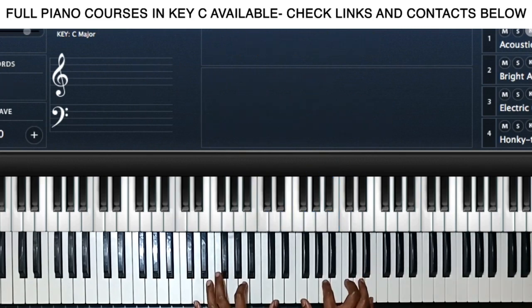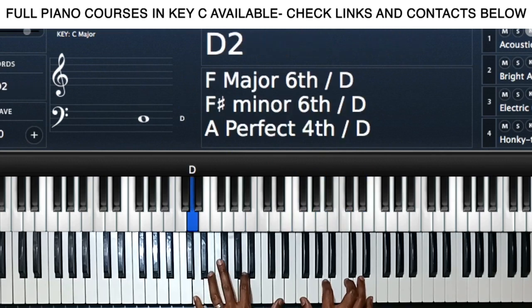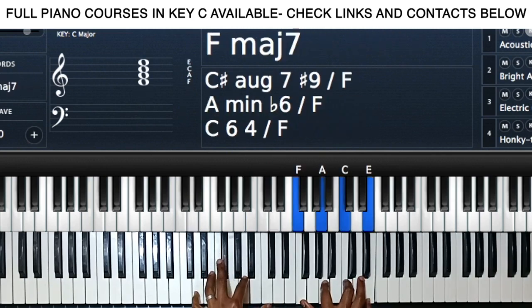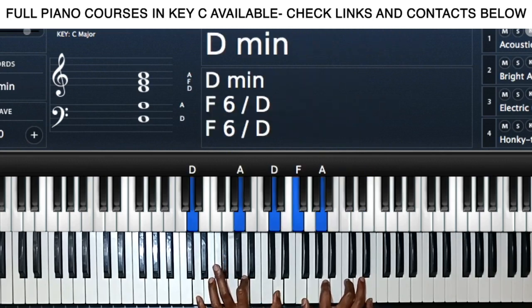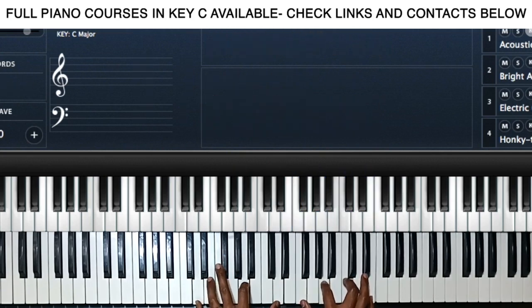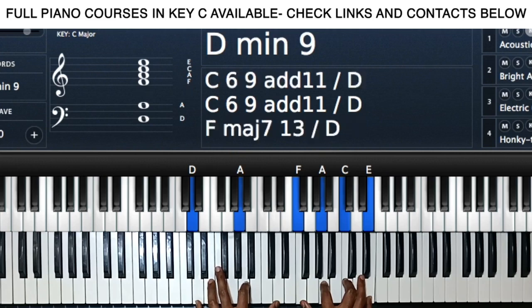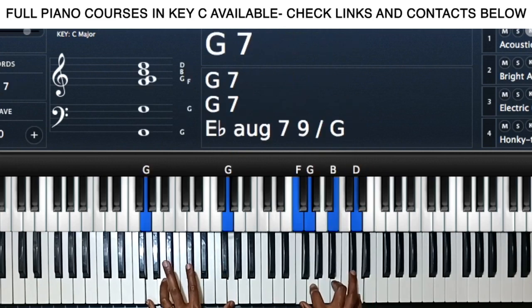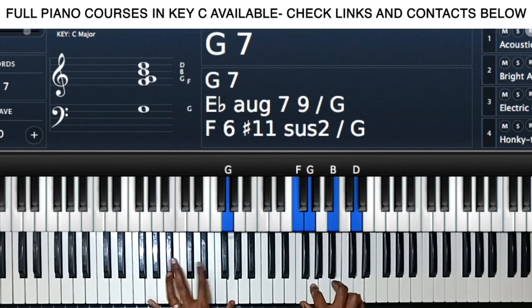So 2. My left is playing D, A, and D. My right hand is playing F, A, C, and E. And then for our 5, G7. And for our 1,